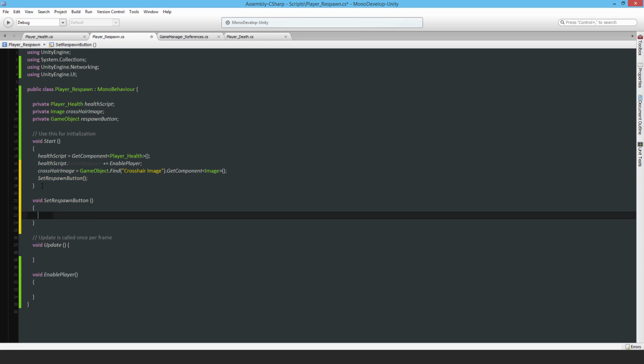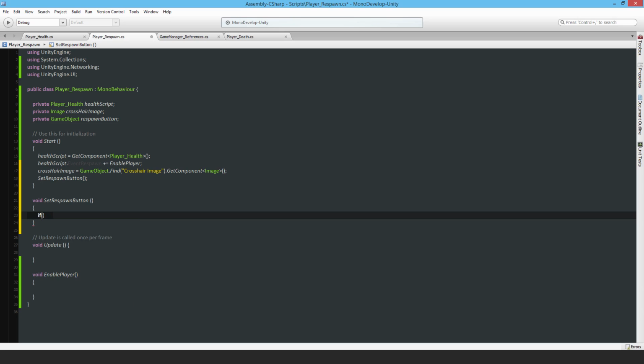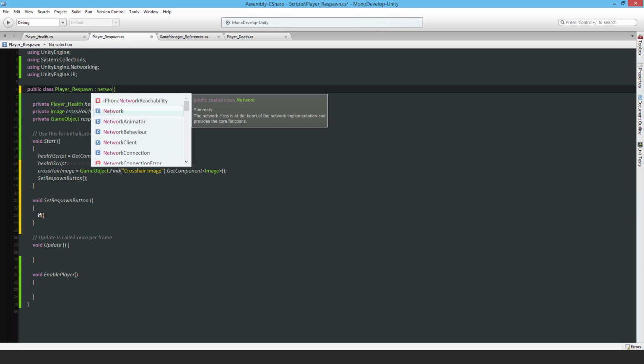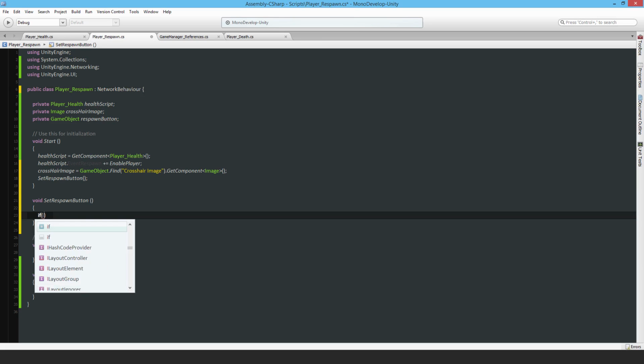And this is where I'm actually going to activate the button and give it a function to run. And it should only happen on the local player. So of course, whenever the remote clients are respawning, you don't want them activating the respawn button, though you're not even destroyed. So of course, we don't want that to happen. So if is local player. One moment, let me just check on that, what I'm trying to do. Yeah, that does make sense, but of course I have to first make this derived from network behaviour. So if is local player,